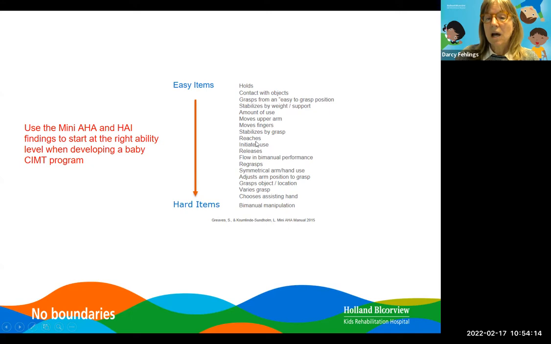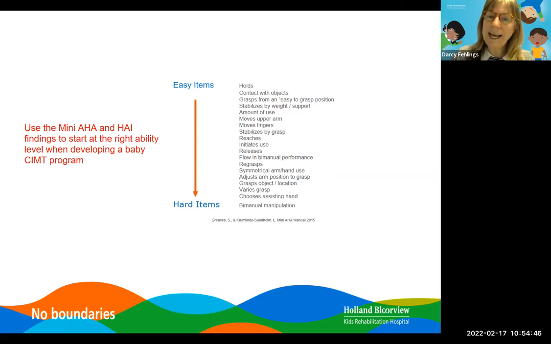So as the child progresses in their activities, they're able to develop different skills. And so if you have a child who is just starting to move their fingers, you're going to do different play activities than a child who is able to vary their grasp, depending on the toy that's being shown to them. So this is where the occupational therapist comes in to help to support the parent to do that just